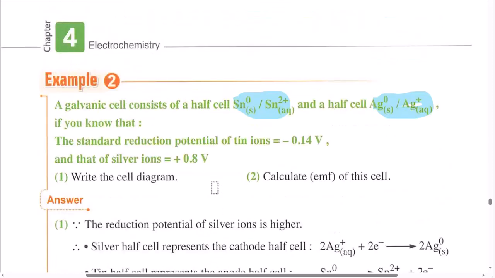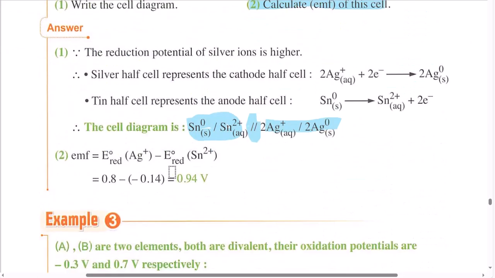So how can you calculate the electromotive force of this cell by the values of reduction potential? It is the reduction potential of the cathode minus the reduction potential of the anode. So it is positive 0.8 minus negative 0.14. The electromotive force is the reduction potential of the cathode, which is silver, minus the reduction potential of the anode, which is tin. So 0.8 minus negative 0.14,